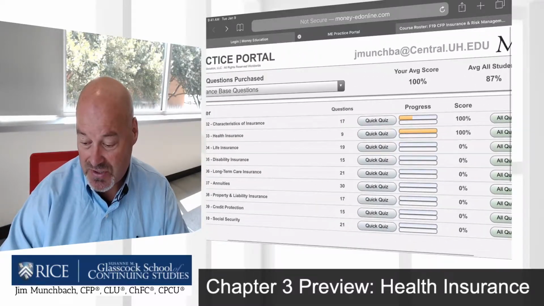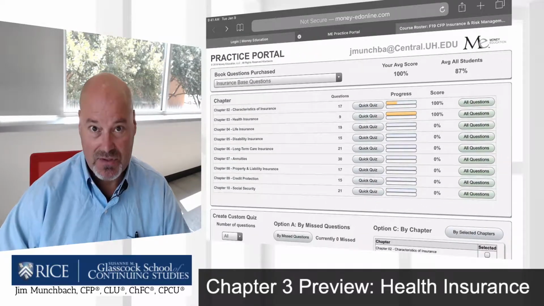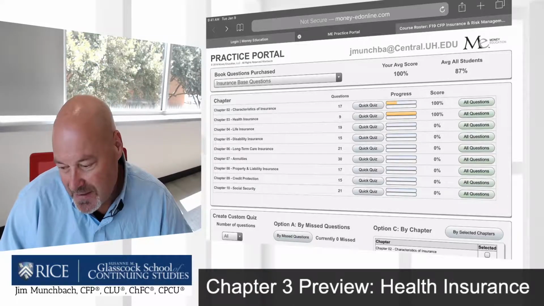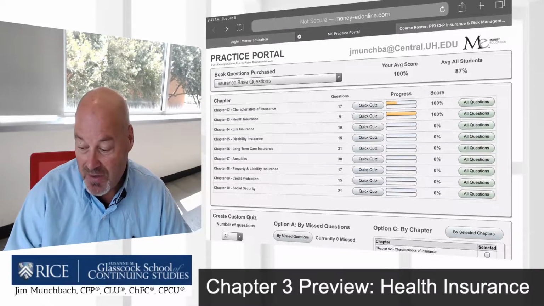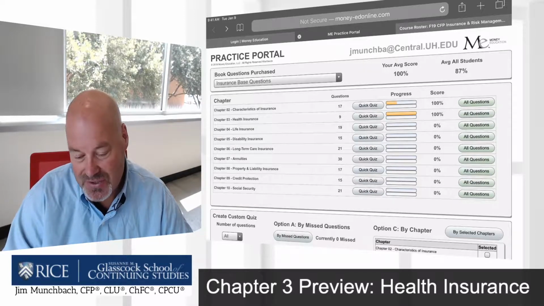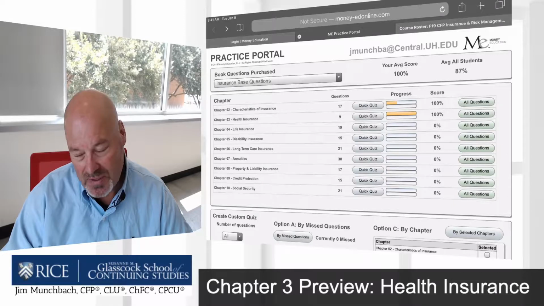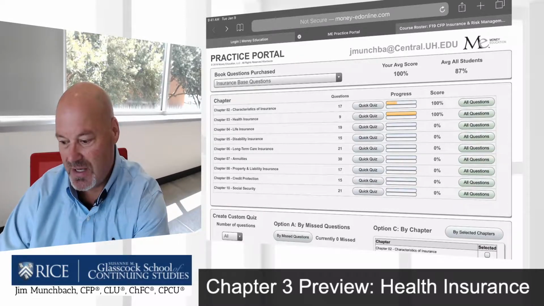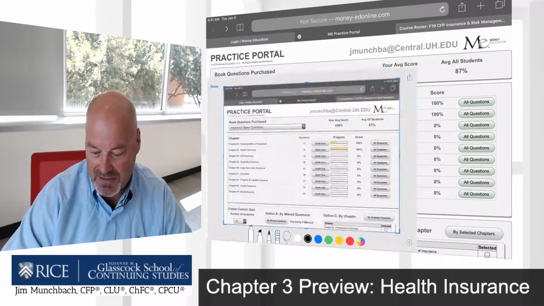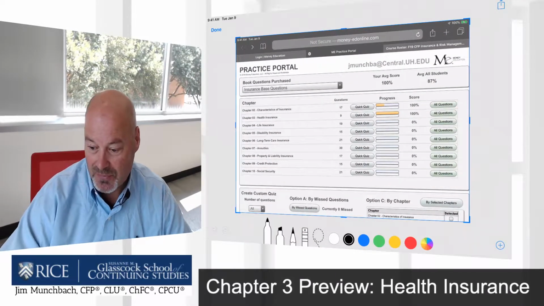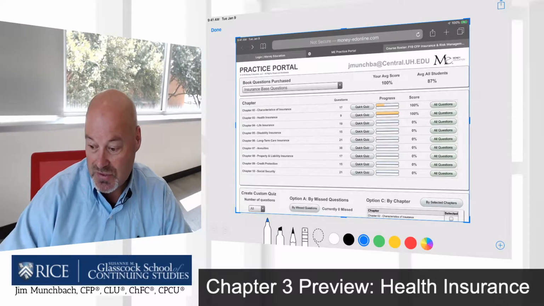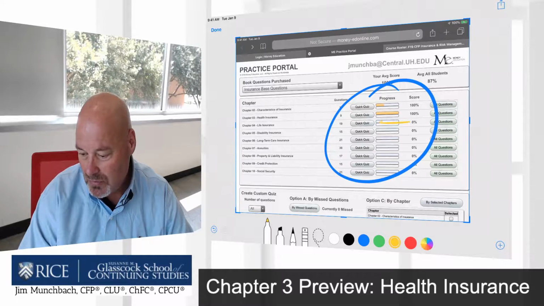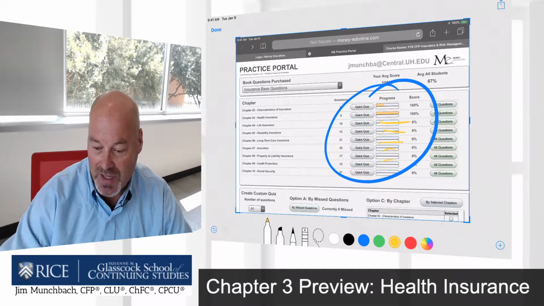So here's what I'm going to suggest. And we can talk about this Thursday, but this is my proposal. It's kind of a revision maybe, but I would like to see everybody have 100% there, which really just means after you do the quick quizzes and get your little orange bar to show, then you're going to take a screenshot and send that to me so I can confirm that you did what you said you were going to do, and you got all these little orange bars. So once you do that, we'll be good to go.